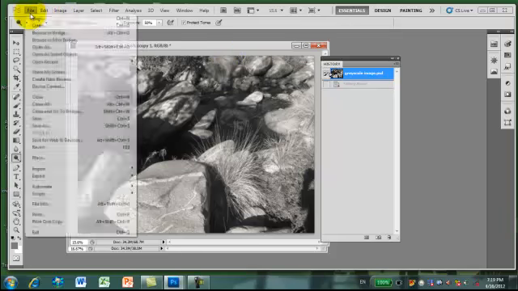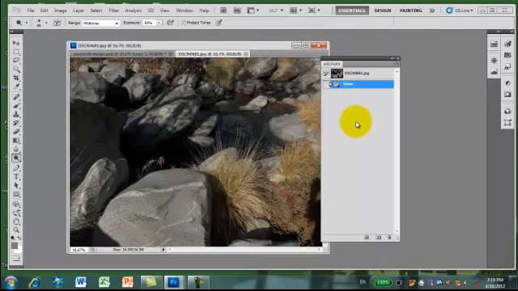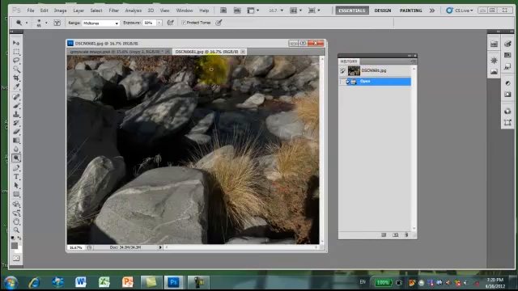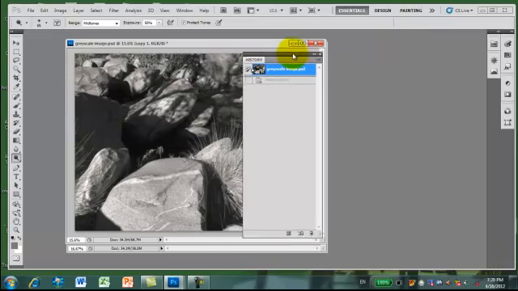If I open up the previous example here, oh, actually it's right here. Here's the original, and what I've done is I've just changed it into a grayscale. And I've also modified it a little bit. I've actually changed the levels a little bit, so I've done a little bit of protocols to it to make it look a little bit better. But what I'd like to do right now is again show you how to use your history brush. So I'll bring our history panel here into view,